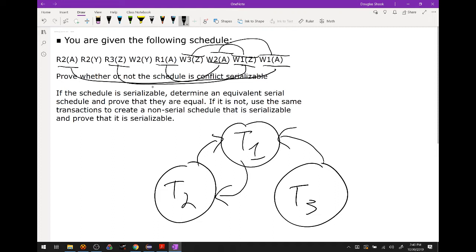In other words, we'd want to swap the order, right? I want to make it so that this write operation happens before the read operation to get rid of that conflict, right? Because then it switches the direction of the edge in the opposite direction. So it looks like making the edge from 2 to 1 is going to be kind of tricky to deal with. Let's see if we can find the opposite direction, R1 to R2. So here is a conflict from 1 to 2, which is this guy here, right? This read to this write.